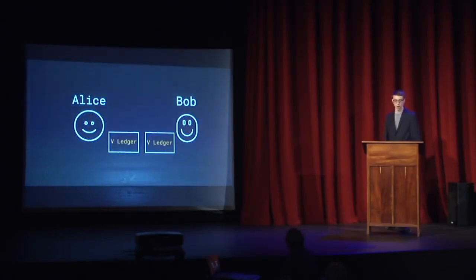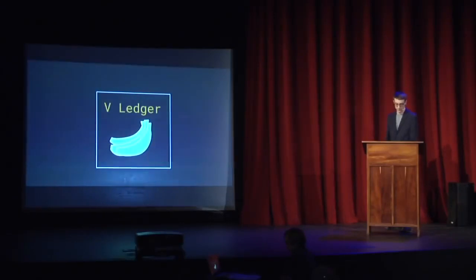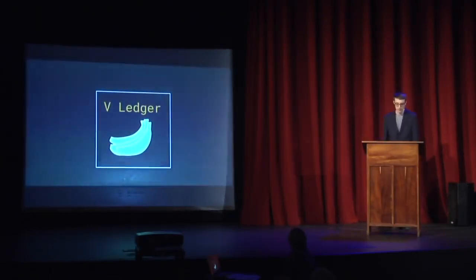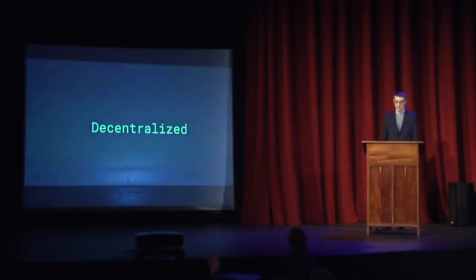What if everyone had a virtual copy of this ledger on their computer, and they all kept track of all the transactions? This ledger would have to contain all transactions of bananas that have ever occurred. Alice or Bob, or any other person, wouldn't be able to cheat the ledger, since it wouldn't agree with everyone else in the system. And this ledger would be very difficult to destroy, especially if it became huge with many people using it.